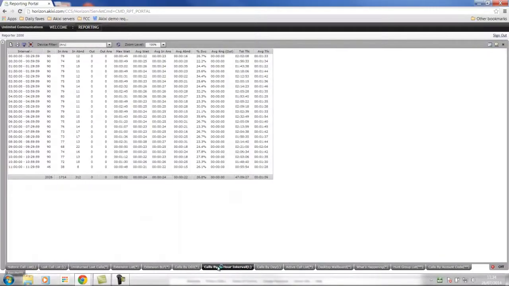Next report is the calls by half-hour interval. So we're now looking at each half-hour slot in the day and how many calls in or out and the service levels and literally the performance in each of those half-hour periods. Classic question to ask on this one is, when do your customers call you? Now the classic response would probably be something along the lines of, hey, our customers call us between 9 and 5, Monday to Friday,